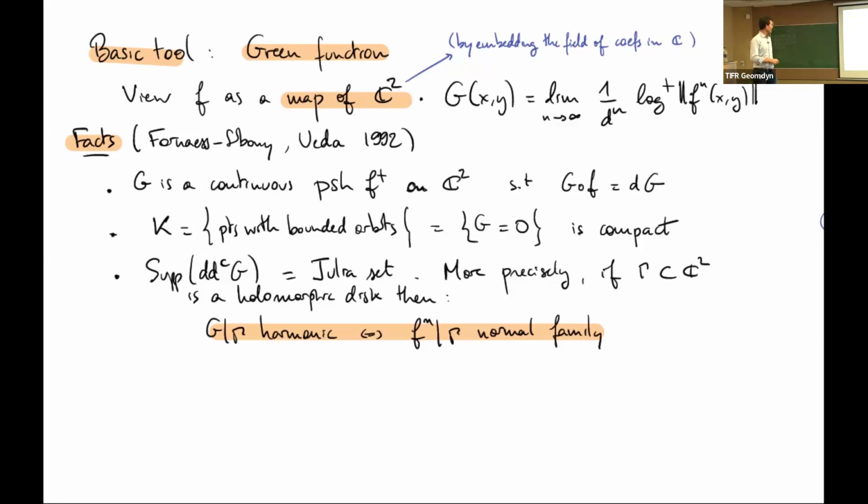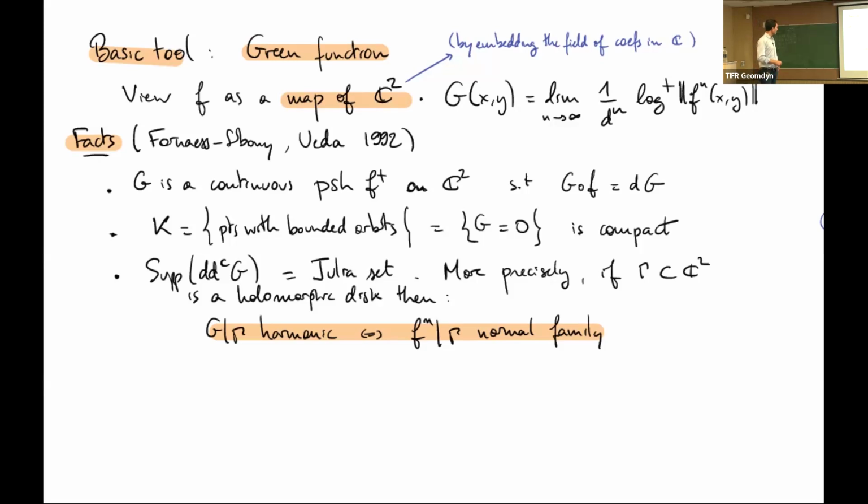is exactly the set of points where G vanishes. Okay, it's clear that if an orbit is bounded, then G equals 0, and also you have the converse. If a point has an unbounded orbit, then it goes very fast to infinity, so fast that G is positive. And this locus, this K locus, is a compact subset. There's a picture just after. It is a compact subset of the plane.